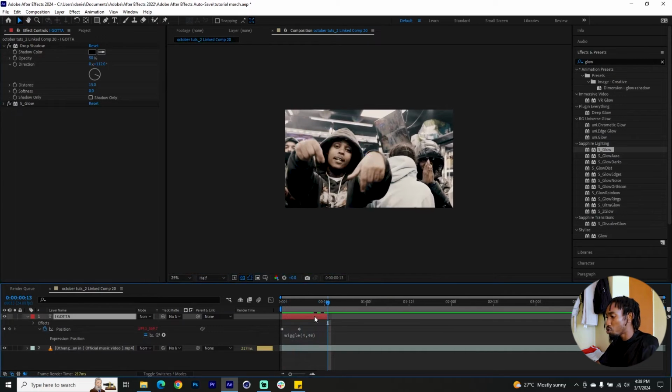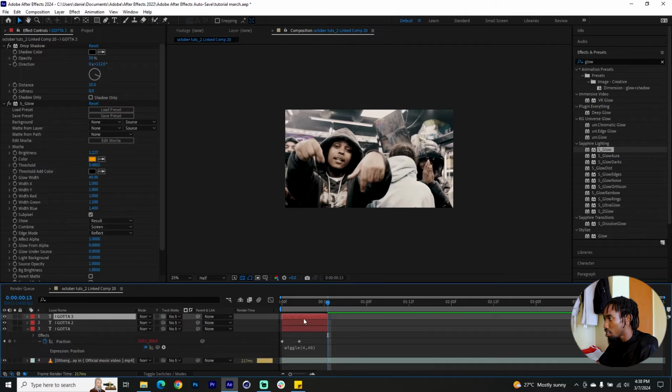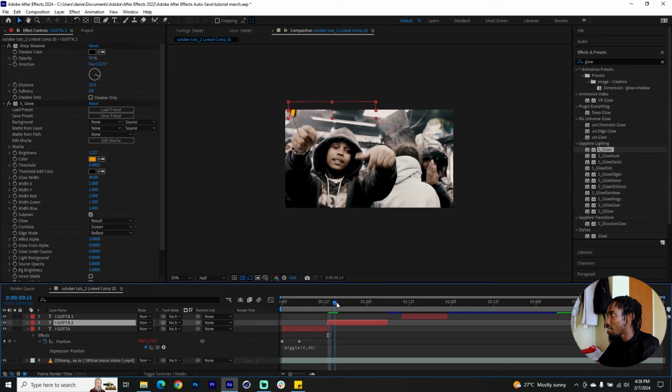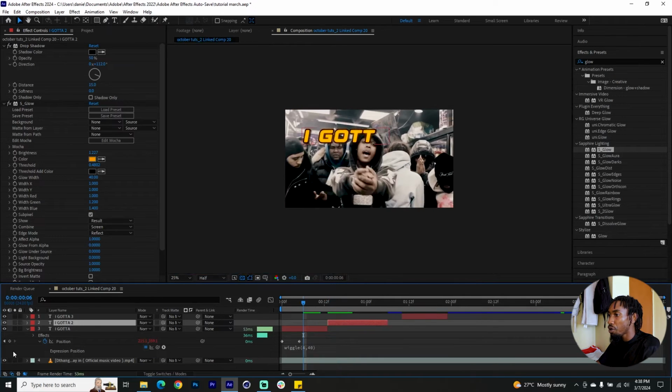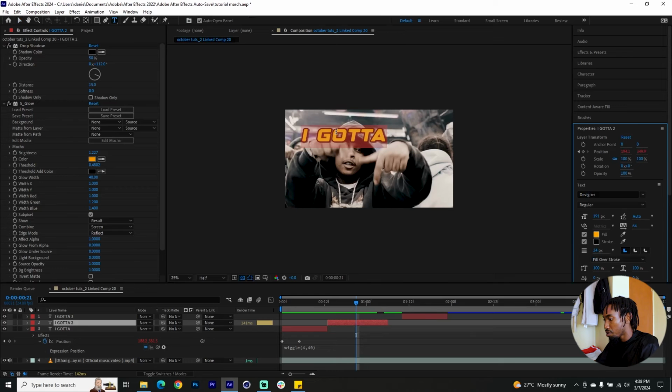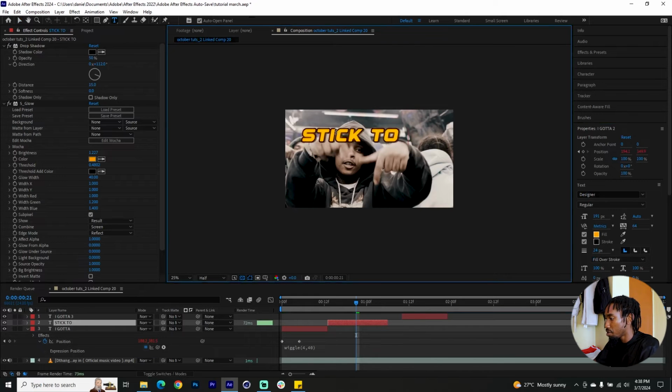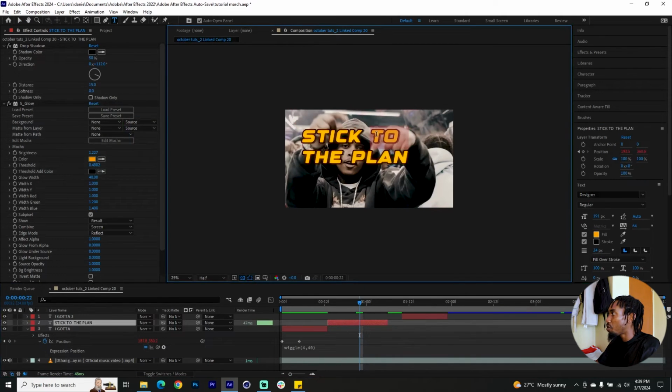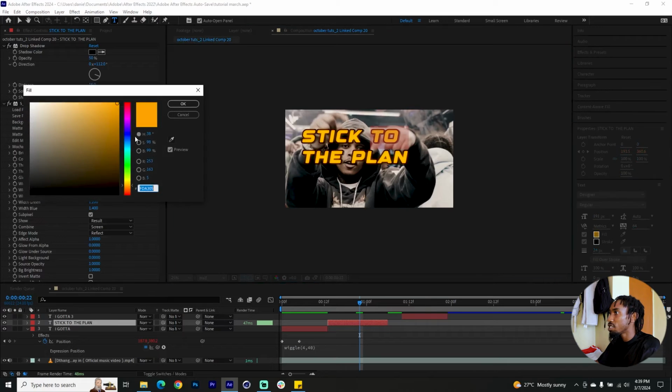Then we'll hit Ctrl D to duplicate this, small selection a bit and squeeze it on the right side, and this is where we'll add the other texts once again. So I'll follow with the audio and know where to add the rest of the text. So it says stick to the plan. I will change the color for 1 or 2 words here just to make it a little bit more diverse,